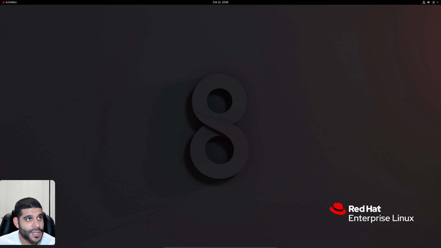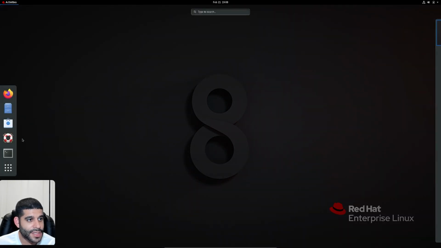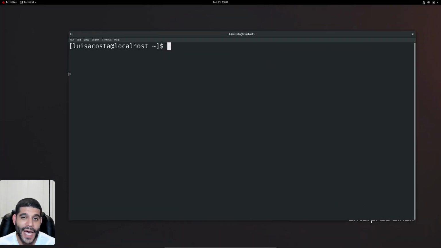So first things first, let's go ahead and go under activities and let's bring up our terminal. Now the first package that we're gonna install is called the Flatpak package. Try to say that 3 times fast. Flatpak package. Anyways, Flatpak package. So I'm going to copy and paste the command in here, and of course it's a very long command,